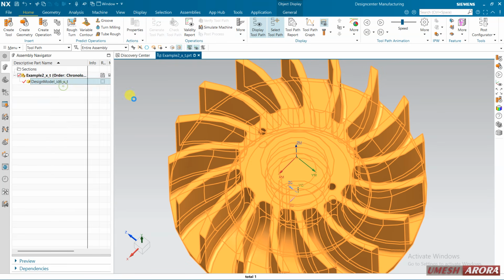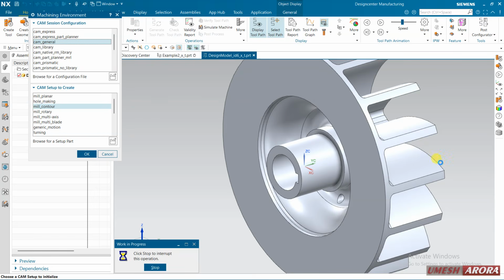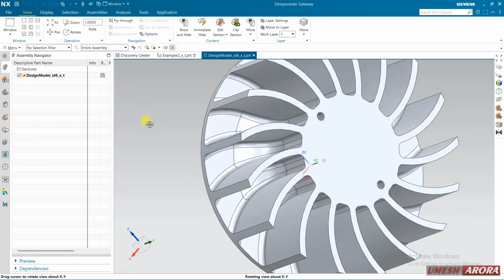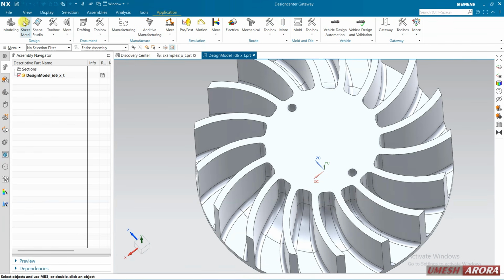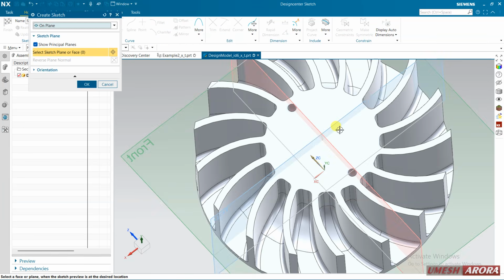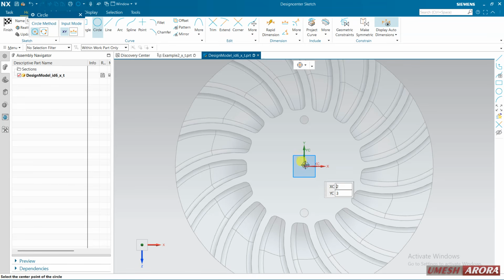and open a new window, and for defining the center, come to application and modeling. From modeling, go to sketch and draw a circle on the top of this part. Draw a circle.